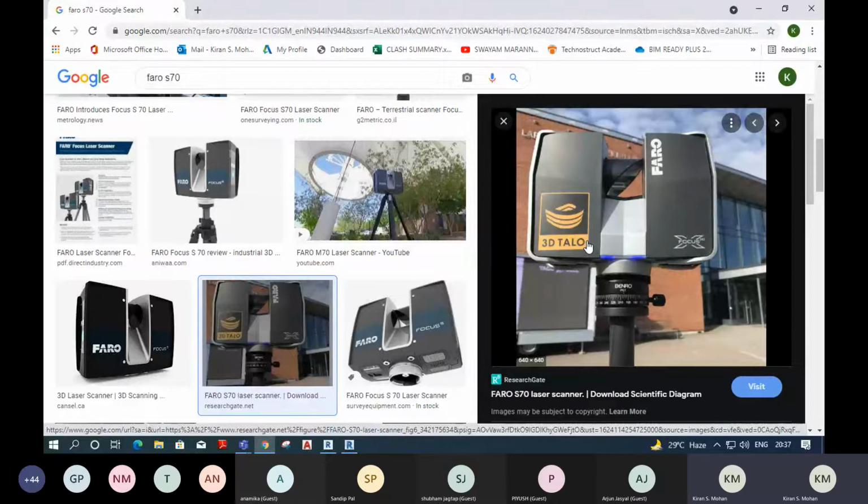And apart from these applications, there is one more important application, that is for crime investigation. Mainly, it is used for accident investigation. So sometimes, if an accident happens in some location, you can simply scan the entire vehicle and the place where the accident occurred, and you can produce this data for the court. Like for trial purposes, you can use this data, and the damage caused by this accident to a vehicle can also be calculated by using this data. So that is also an important application of this point cloud data.